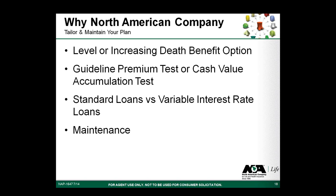A few more things on why North American. And now we're going to talk about more tailoring the plan. We talked about increasing benefits, and I'm going to talk a little bit about level benefit. A level benefit is going to provide a larger face amount. It's going to provide a larger initial face amount. It's going to be a little bit more,